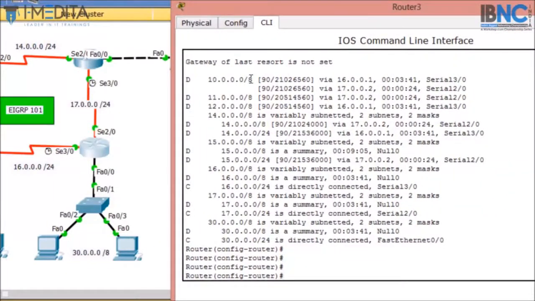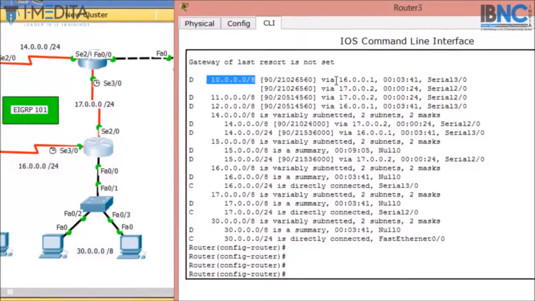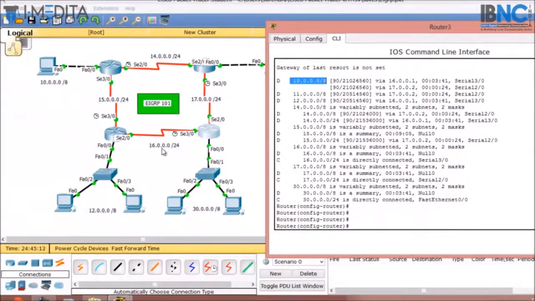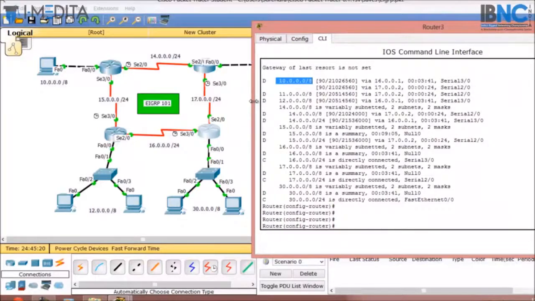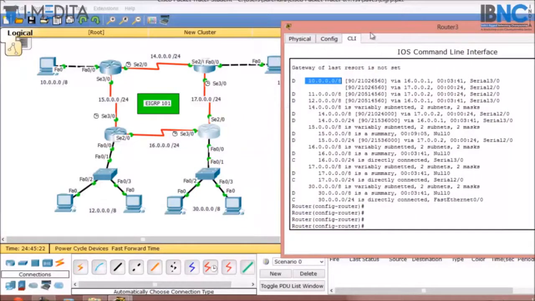If I want to reach this network, I have two paths: the first via 16.0.0.1 and the other via 17.0.0.1. EIGRP by default performs equal cost load balancing, so some packets will be sent on this path and some on the other.